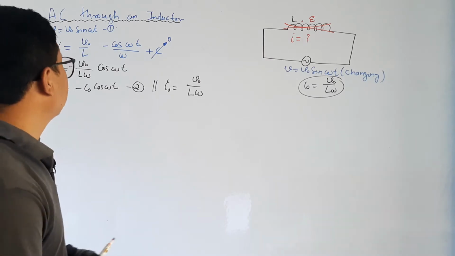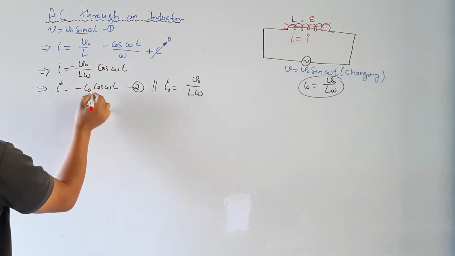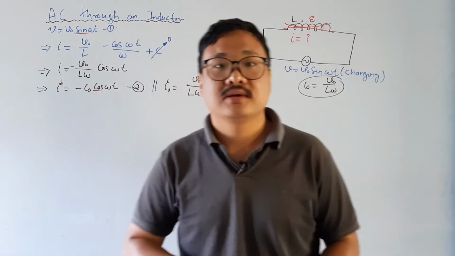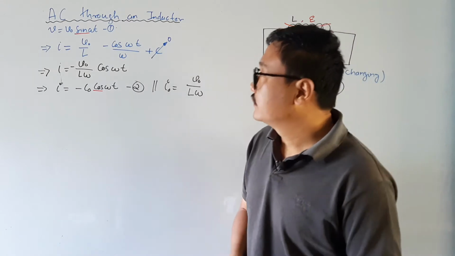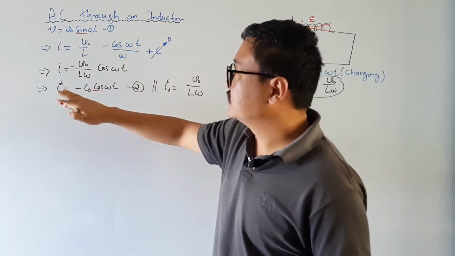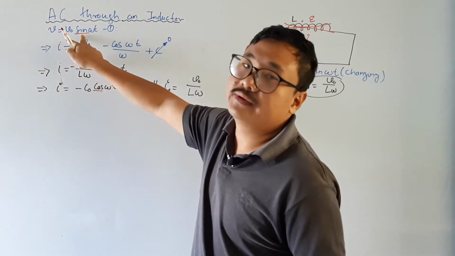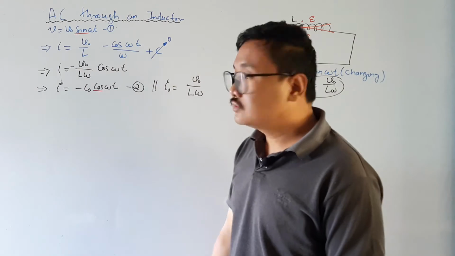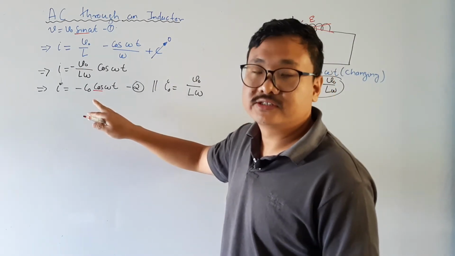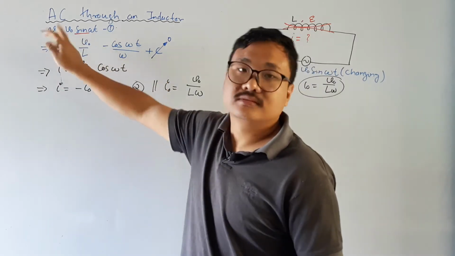Okay, so this is equation number 2, but there is a little bit of a problem with this equation. The problem is that if we see here in voltage, I have sine here, but here I have cos. So I want to make the two of them the same function. Either I can convert this sine into cos, so that in current there is cos, in voltage also it will become cos. But I want to convert this cos into sine, okay, so that I will have the trigonometric function sine in current, sine in voltage.